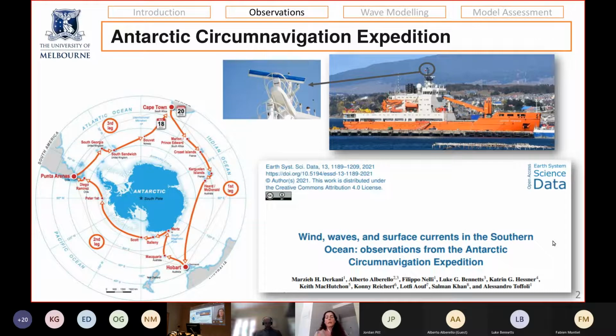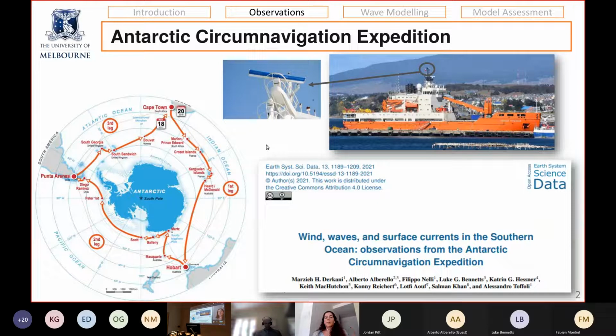Aiming to fill this gap, within an international initiative, the Antarctic Circumnavigation Expedition took place, which was organized by the Swiss Polar Institute. If you have joined previous KOZWaves, you have heard me talking about it a lot. For those of you who have not, this is an expedition consisting of 3 main legs that took place in austral summer 2016-2017, from December to March, and went all around Antarctica,